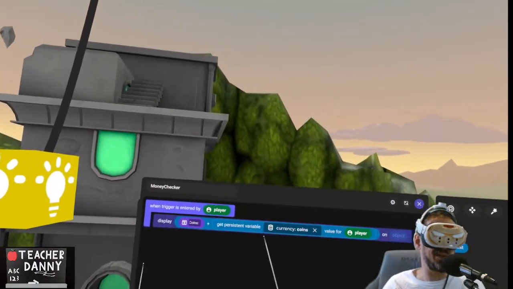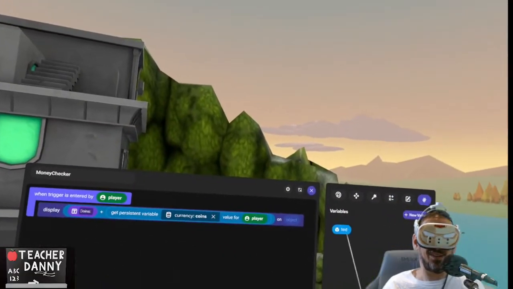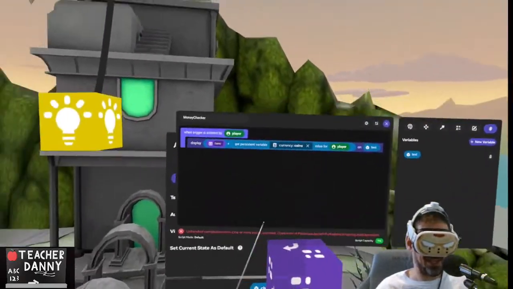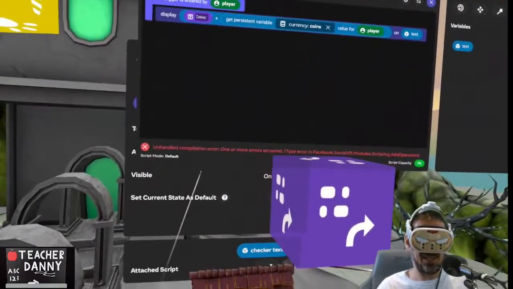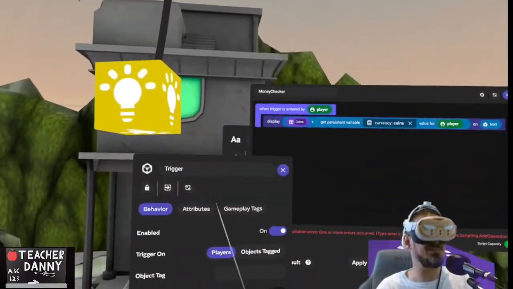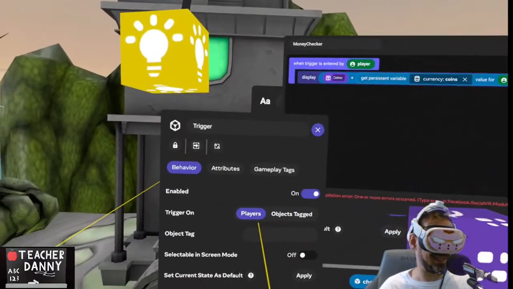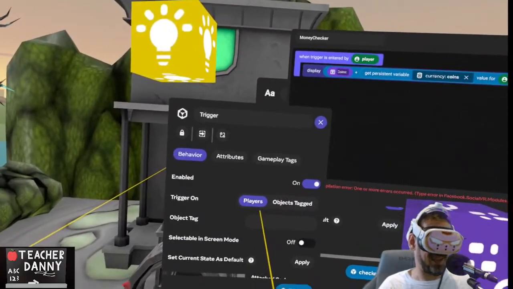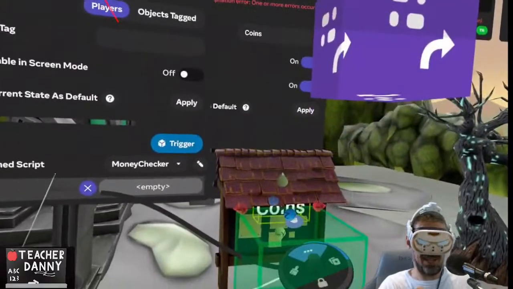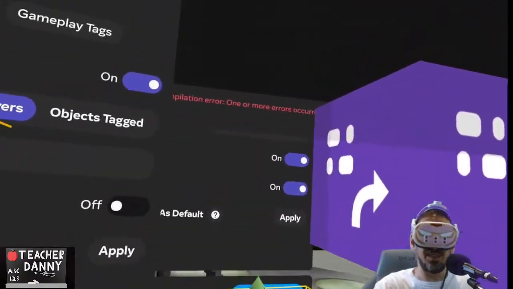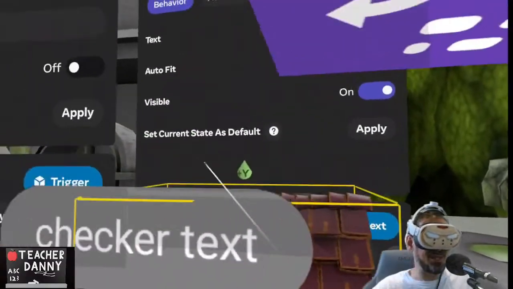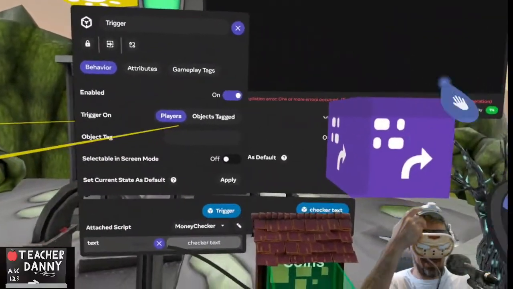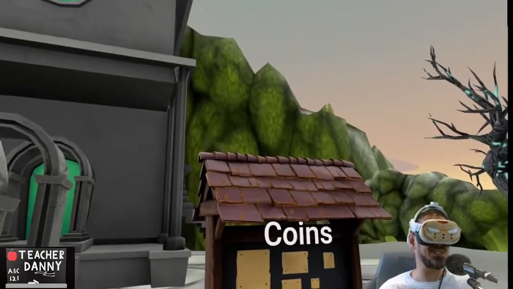So display the coins value for player on. Oh, why does it come off? Okay, but here it's going to have a problem, and I'm going to tell you why in a second. But first, let me set this trigger to the script. All right, so the trigger is going to have, what's the name of the script? Money checker. Okay, and it wants me to put the text in there. So I go to the text, I open up its properties menu, I grab the blue pill, I slide it in there to text. So now when I step in there, it should read how many coins are in there,